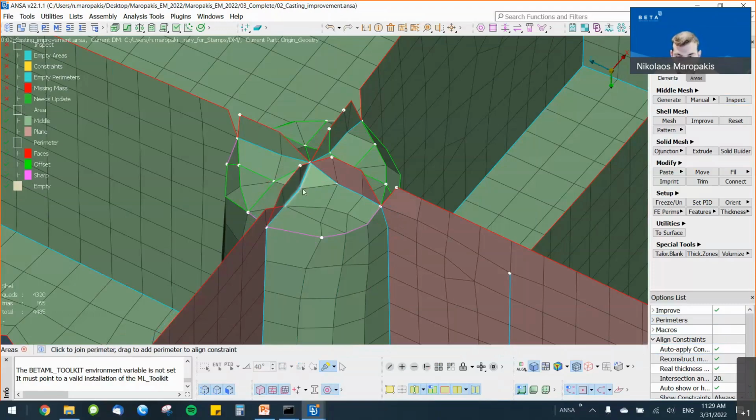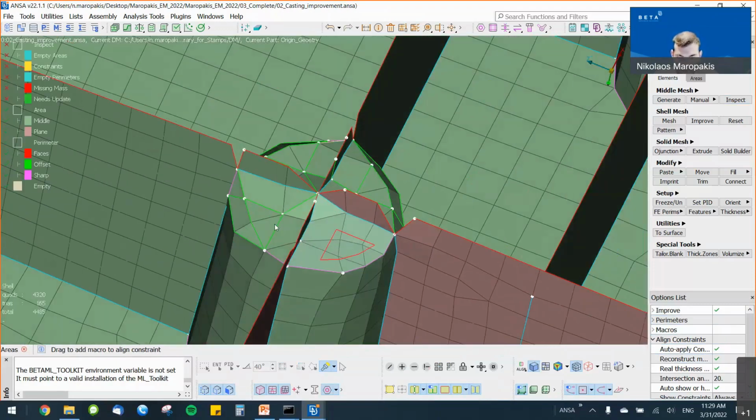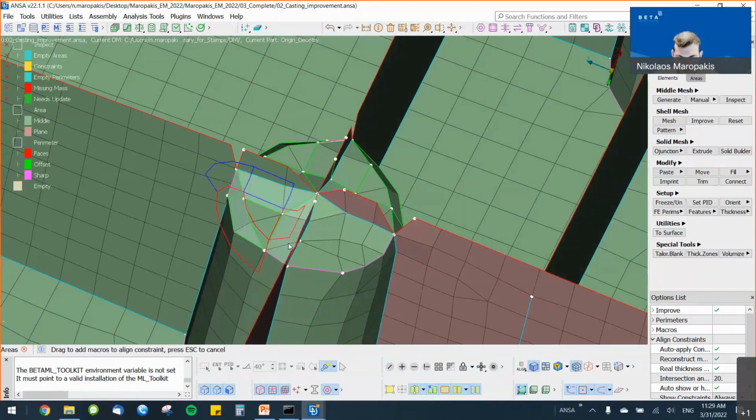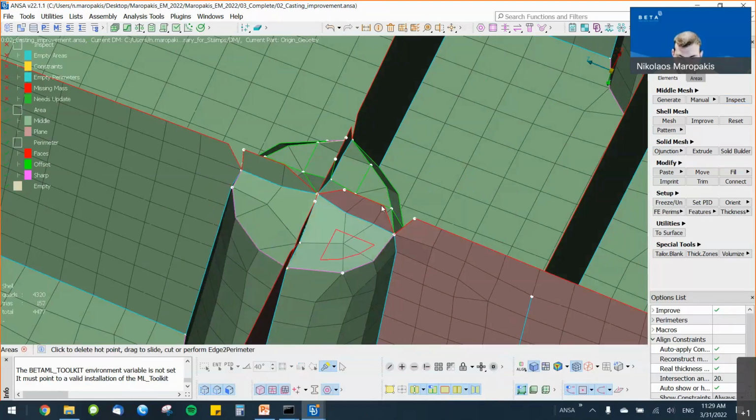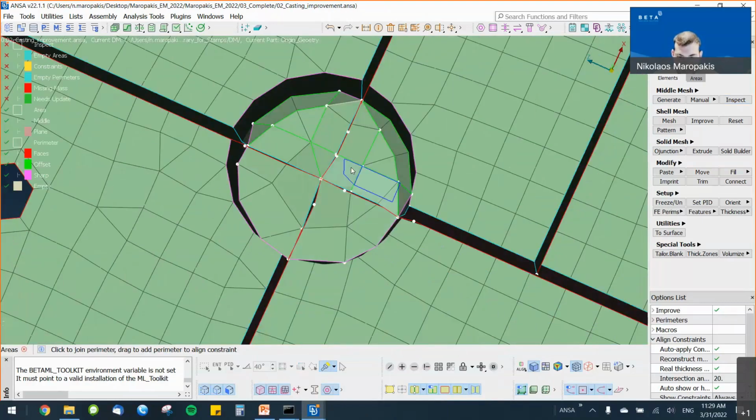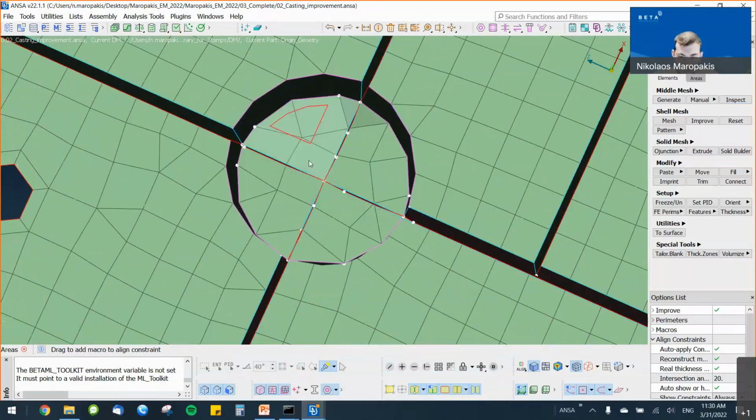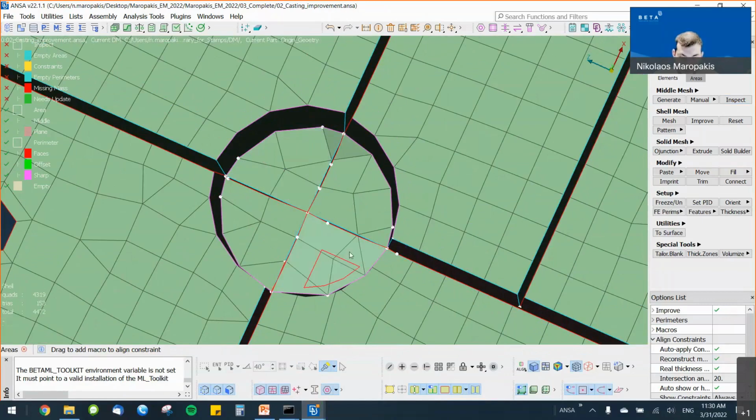I will continue doing the same on the other side of the cylinder, but this time, instead of dragging these macro areas one by one, I can select them all together by holding down the control key on my keyboard and clicking on them. I can see that I selected more than one and drag them to the desired align constraint. And simple as that, I can fix my result. I will continue doing that and add them to the desired align constraint. Using only the direct edit functionality, I fixed this area of the cylinder.